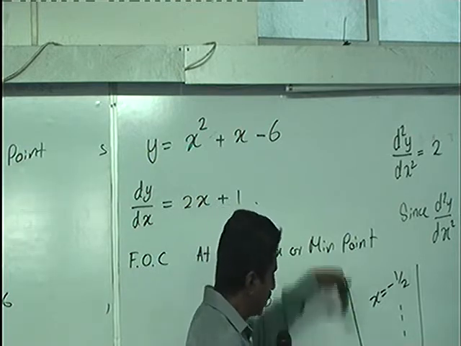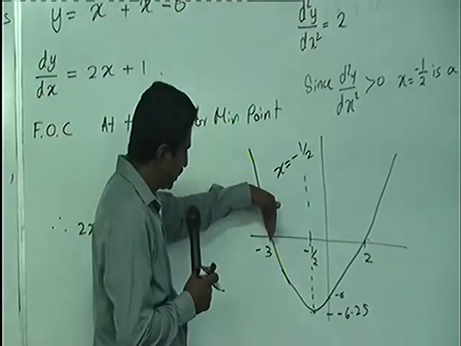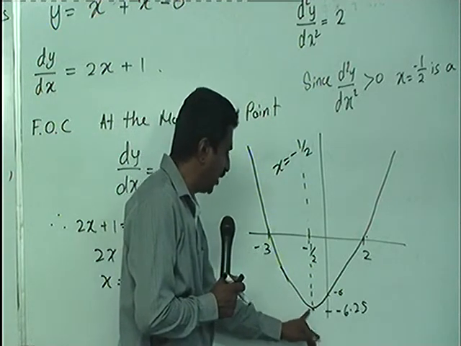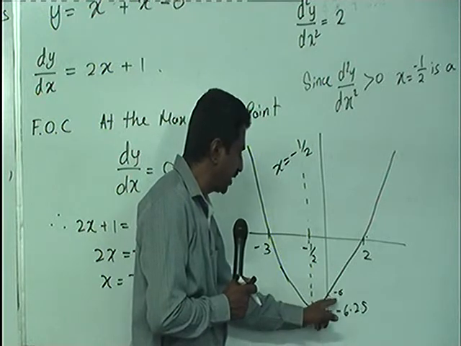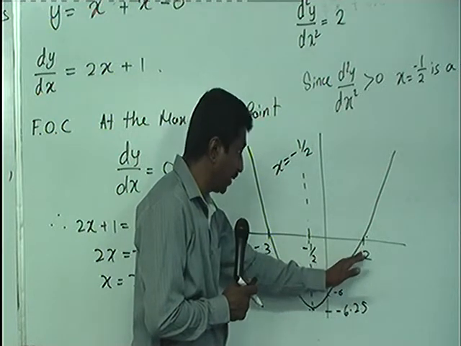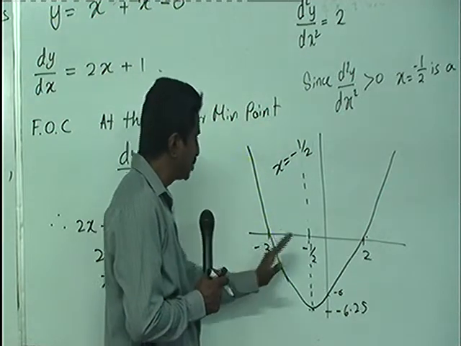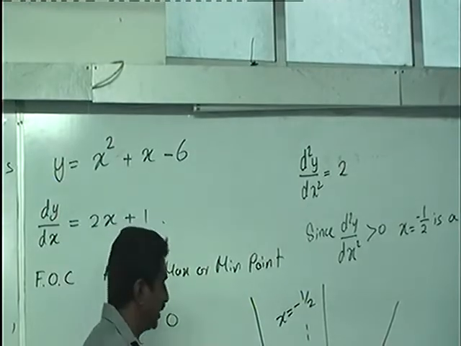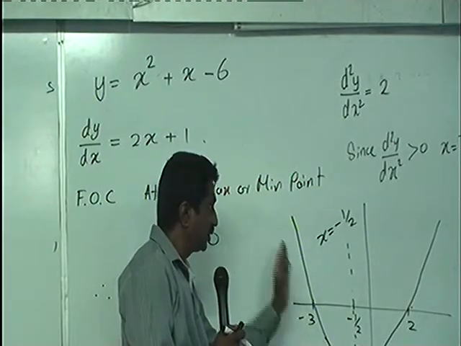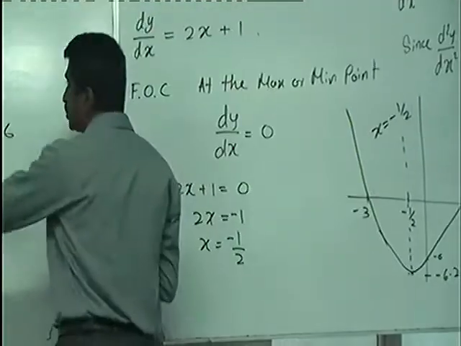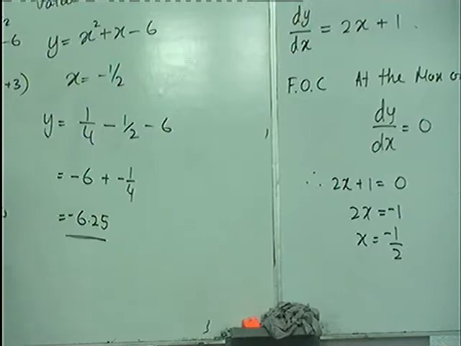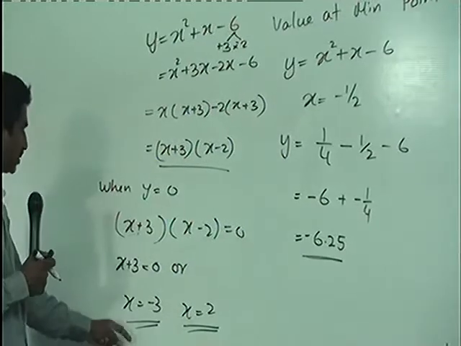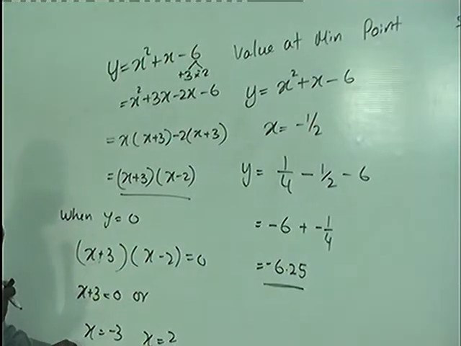Now this is enough. When x equals minus 3, the curve intercepts the x-axis, and at x equal minus half, the value will be minus 6.25, and the curve will intercept the y-axis at minus 6, and again at plus 2. So this is a symmetric curve. So this completes the question. So x squared plus x minus 6, the curve is like this, a minimum curve. Right. Draw this one. Write down this also. First write down these two, the calculation of the y value, and the simplification of the quadratic equation, then go to the graph.